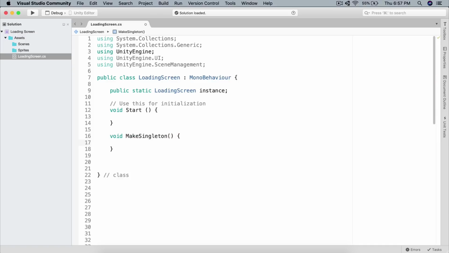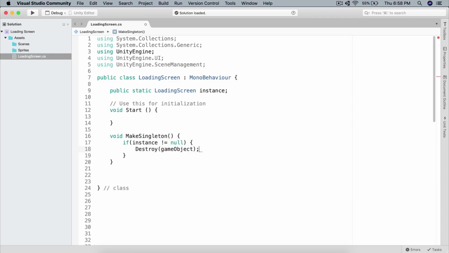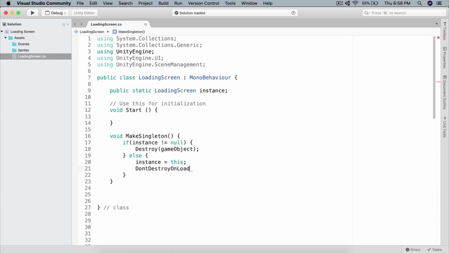And in the make singleton, we are simply going to test if instance is not equal to null, we are going to destroy the duplicate. So destroy the game object. Else, if instance is null, then instance is equal to this. Don't destroy unload this game object. Basically, what I did here is created one copy from this class that will be carried from one scene to